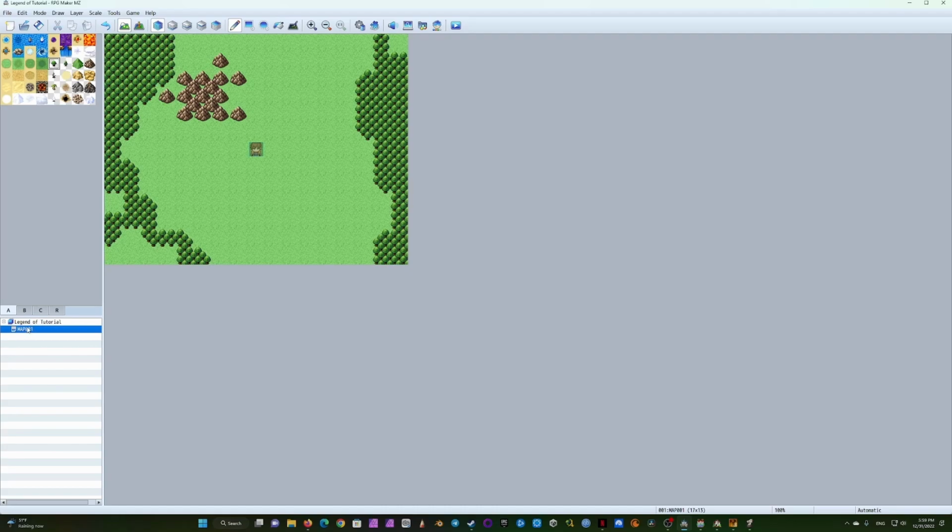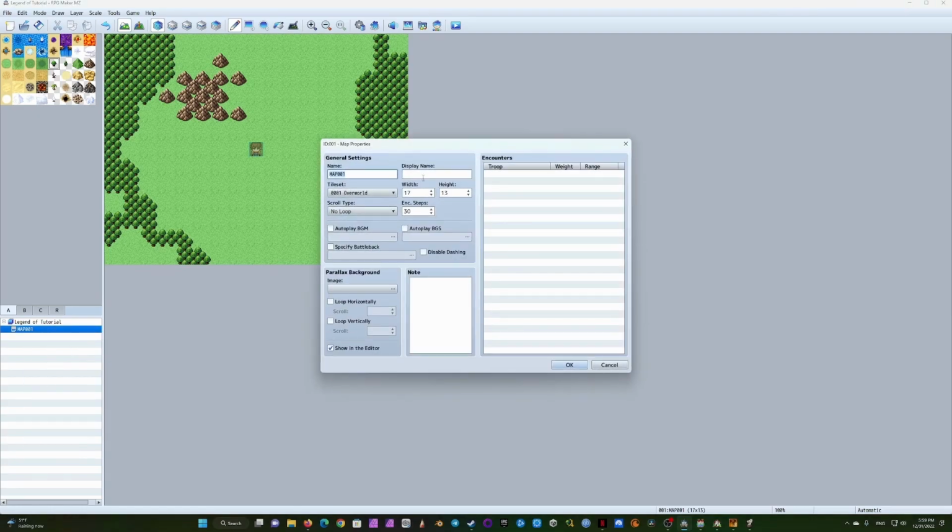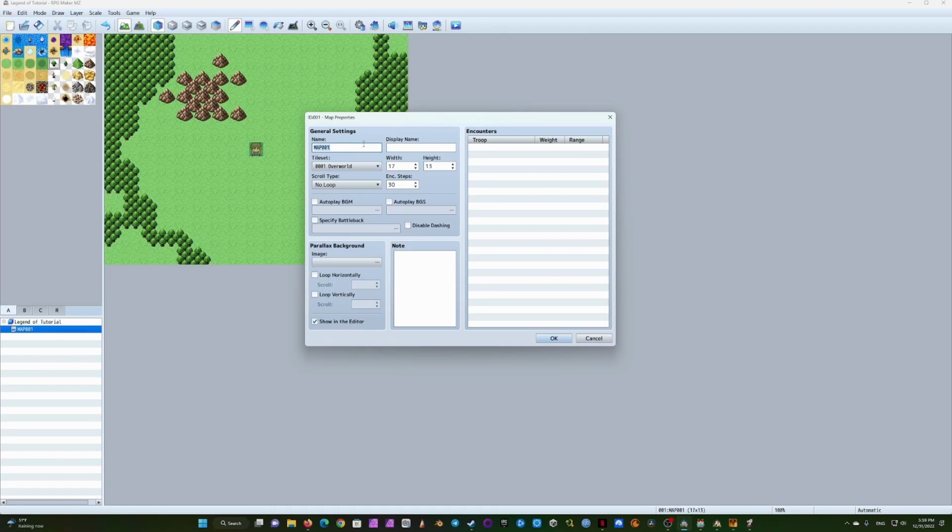Then, if you right click on here, this is the map list. You're gonna be using several maps in your game. This is the first map we have here. We right click it, we click edit, then we get these map properties. Here we can name our map, and here we can type the name we want to show in the map if we are gonna be using that function. Here we can change